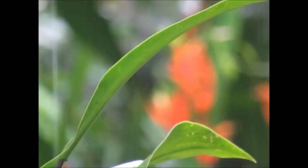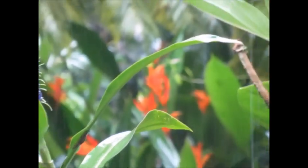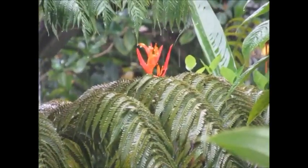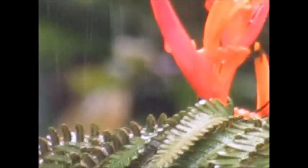Come on, focus in. What's up with that, camera? Alright, let's go in and then back out. Really? Really? Why is that? Ah, must be the lighting. But anyway,